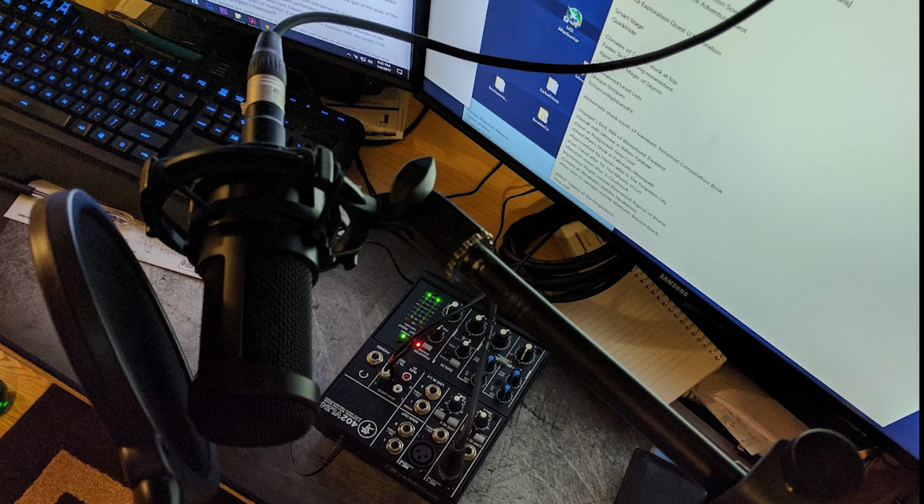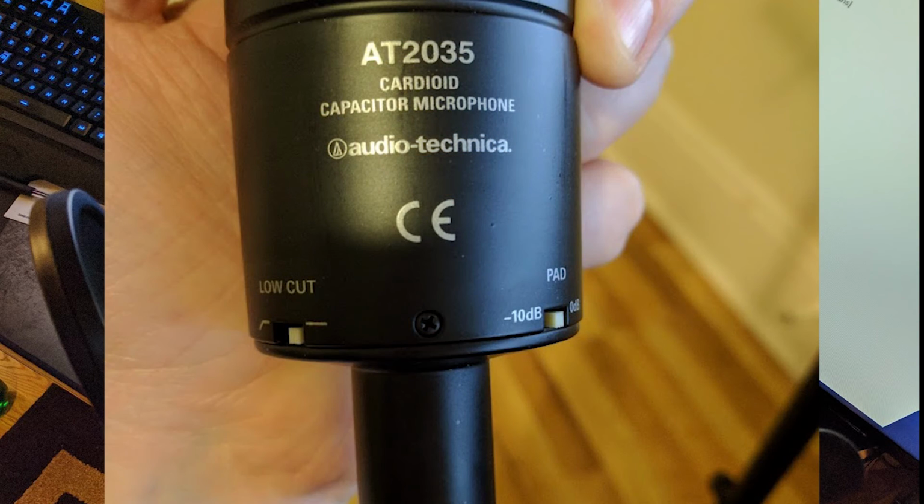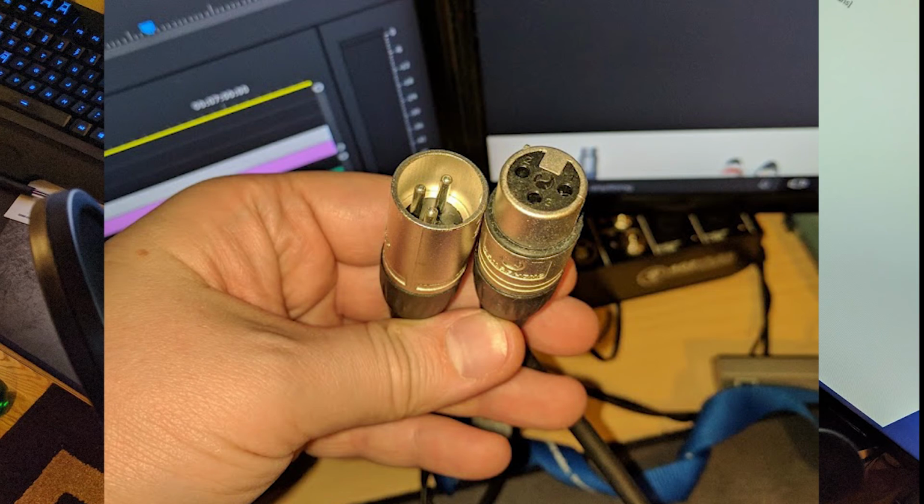The Audio-Technica 2035 comes with a shock mount, a threaded mount adapter to change to different sizes, and a zipper carrying case. On the microphone itself are two additional switches for a negative 10 decibel pad or a low cut switch. Also known as high pass filter, it lowers or cuts out frequencies below 80 to 100 Hz. The AT2035 requires phantom power to operate, and of all these microphones, XLR is the least easily connected to your